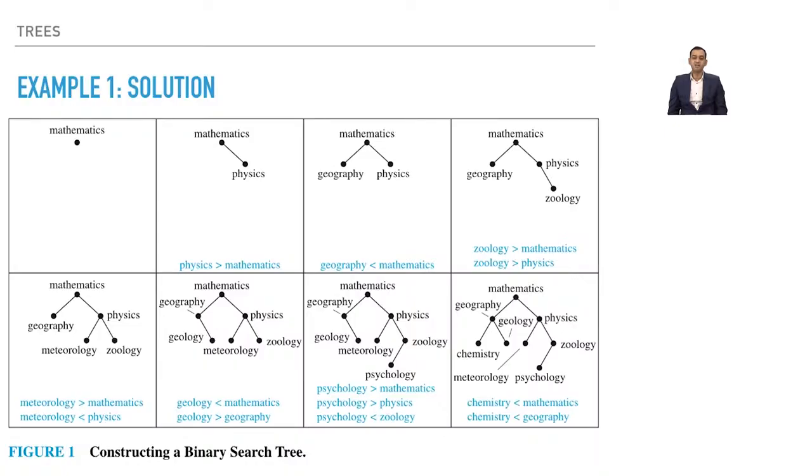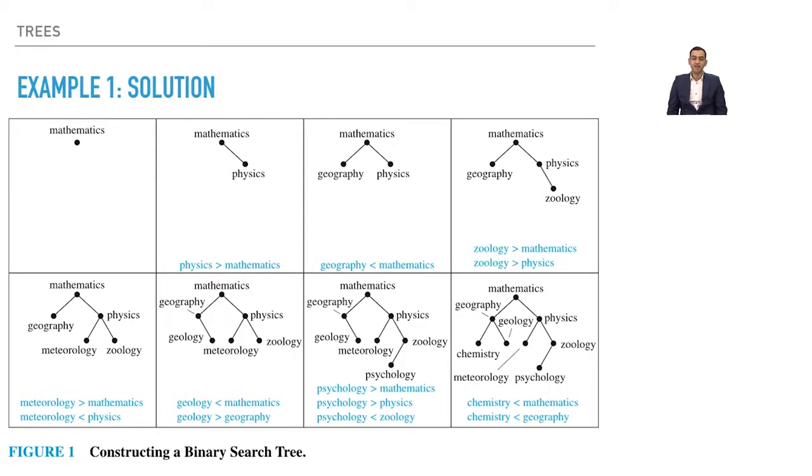Figure 1 displays the steps we use to construct this binary search tree. The word mathematics is the key of the root. Because physics comes after mathematics in alphabetical order, we add physics to the right child of the root with key physics. Because geography comes before mathematics, we add it to the left child of the root with the key